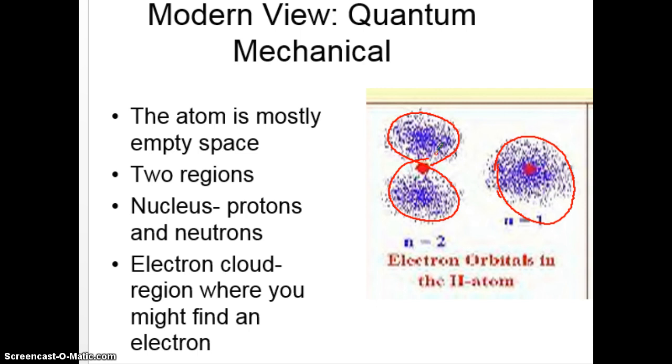Now, we call this the S-shaped orbit, and we call this the P-shaped orbit, which P is for primary. It's kind of ironic. The S is for spherical. So those actually have a significance. And if we go to